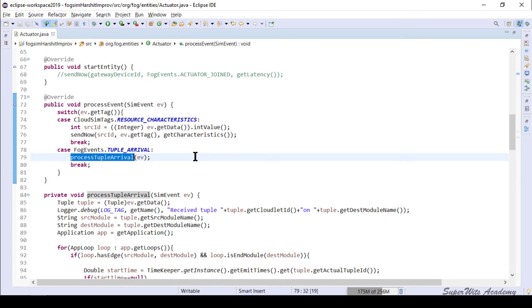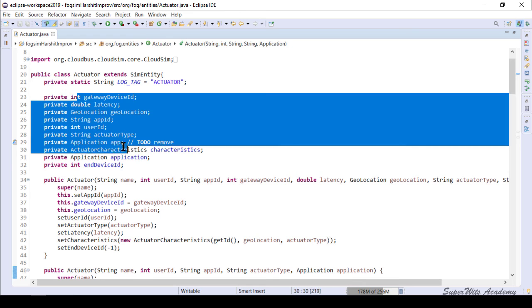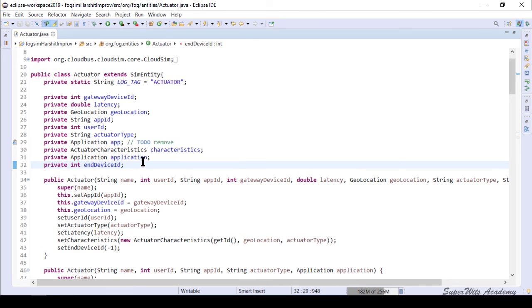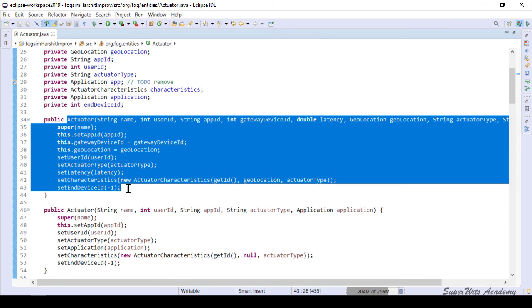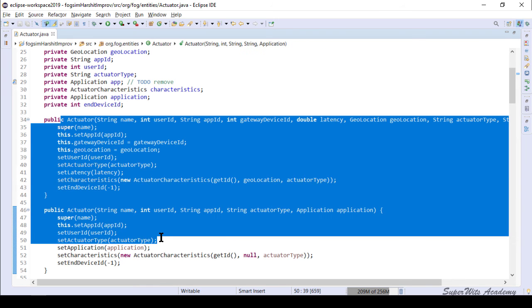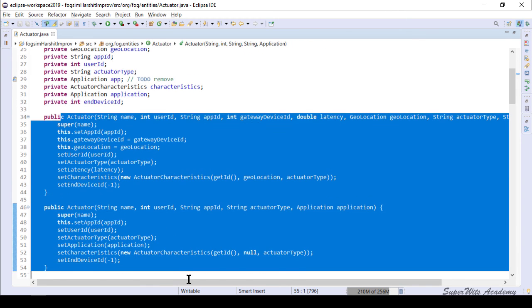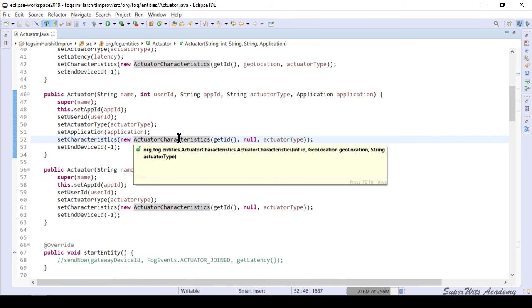And if you are trying to add more attributes or properties to the actuator, then you should consider adding a variable to this list, and correspondingly add a set and get method for it. You should also set the value of that additional parameter in all the constructors, because the initialization of that value is very important. If you are not doing it, there is no use of adding that parameter.